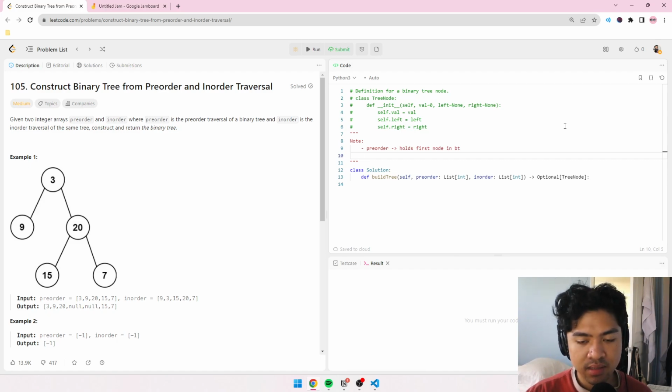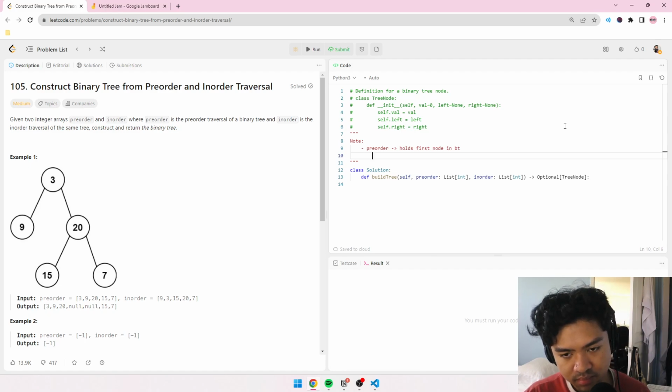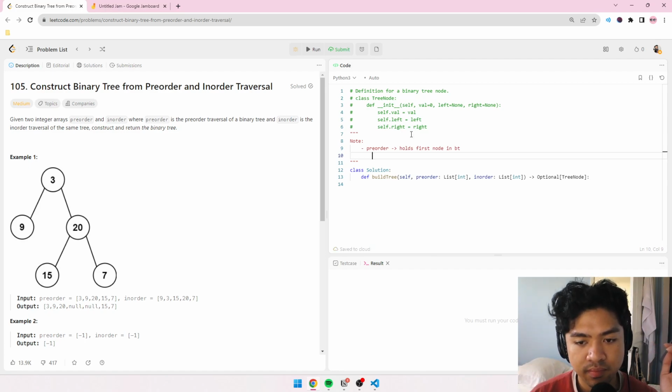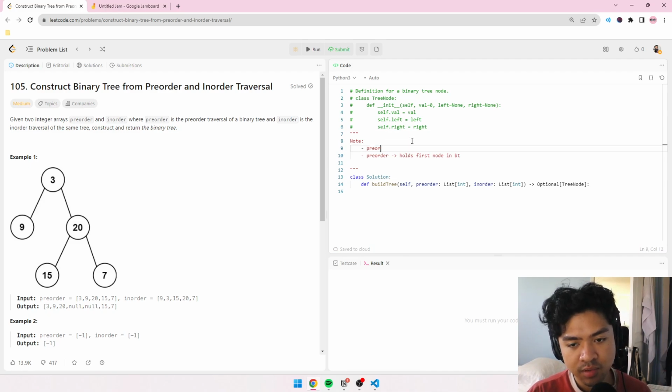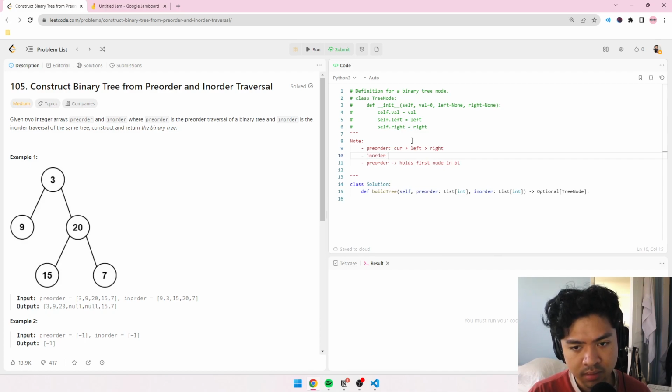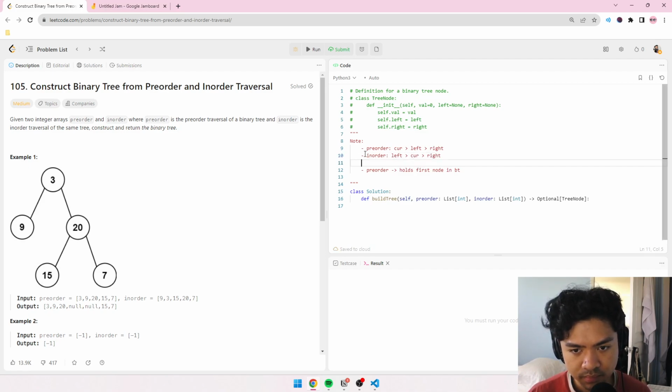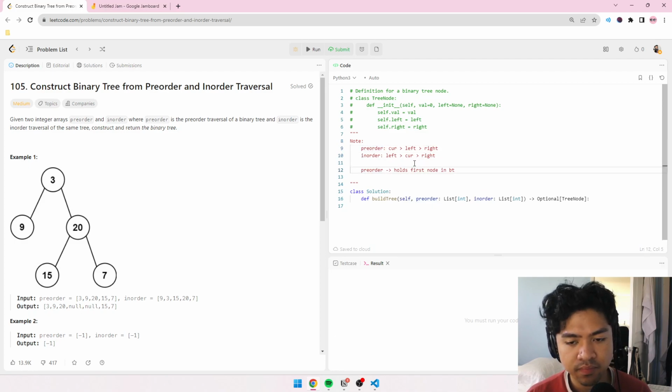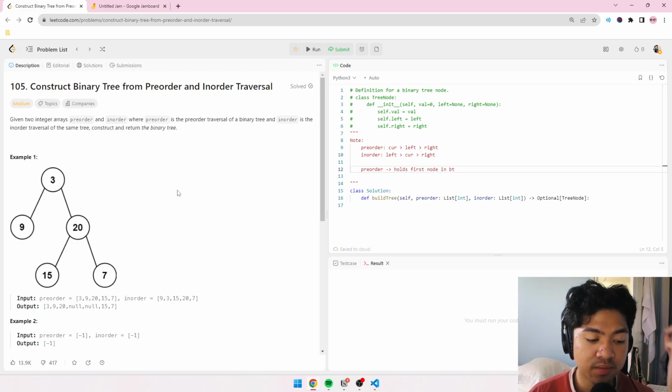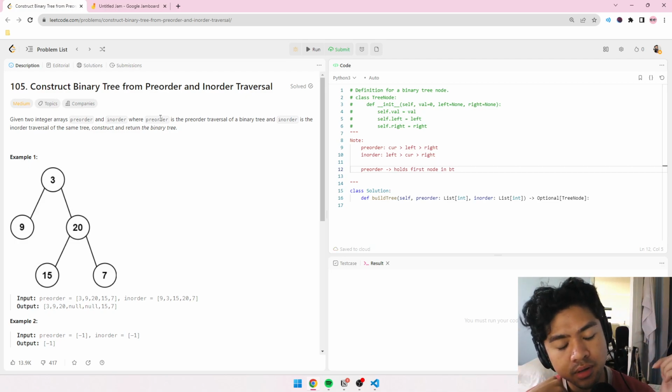Wait, also I gotta take notes. So preorder is current, left, right, and then inorder is left, current, right. Just take notes of those. Preorder holds the first node in the binary tree, and then inorder holds